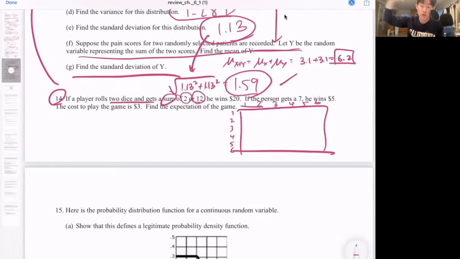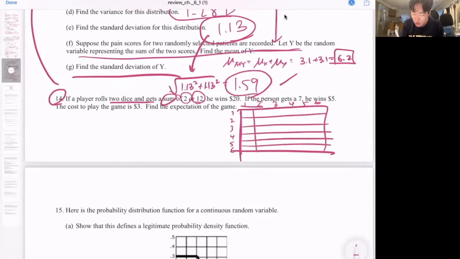That's your roll for the first. You can either get an outcome from 1 through 6, get an outcome from 1 through 6. And I know this is tedious and annoying, but I'm going to have to write down the sum of all of these guys. Yes, you heard me correctly.